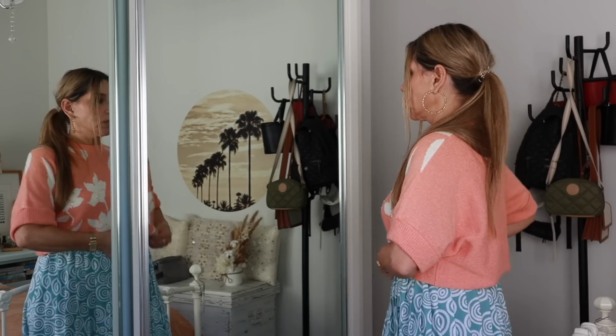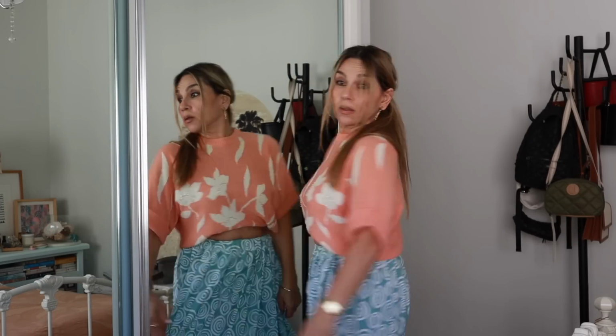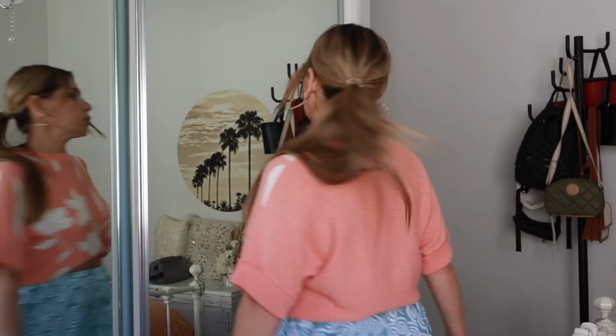You don't want to see this. It'll break the internet, trust me. What do you think? It's not awful, right? It's not awful. It's cute. It works, I think. Do you think? Let me know in the comments down below if you think this works, with perhaps the gold sandals and maybe the same bag. It's just that every time I wear a skirt,